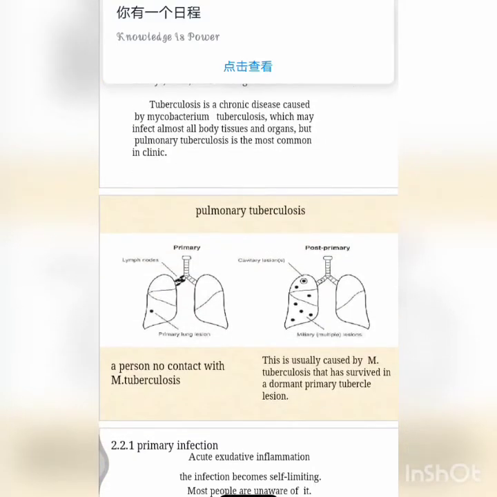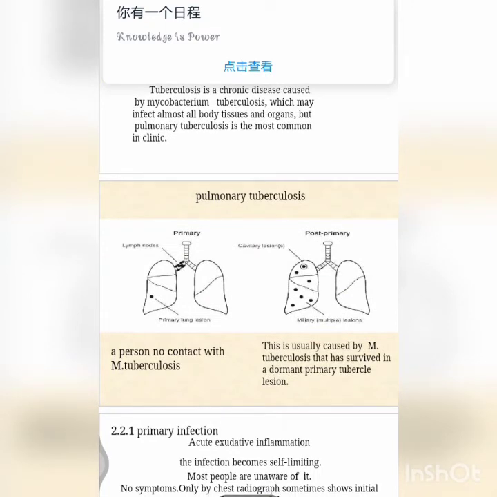So let us see pulmonary tuberculosis. First, let us understand its route. If someone inhales this tuberculosis, it reaches the lung directly and is ingested by the alveolar macrophages. So in the alveoli there are macrophages, they try to eat them. But the bacteria resist them, that is, they multiply in the macrophages and form a Ghon's focus. This Ghon's focus is nothing but granuloma.